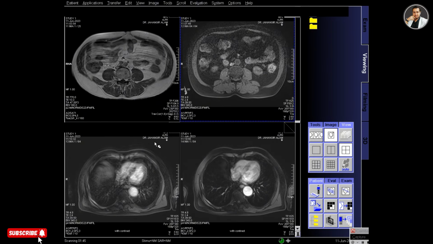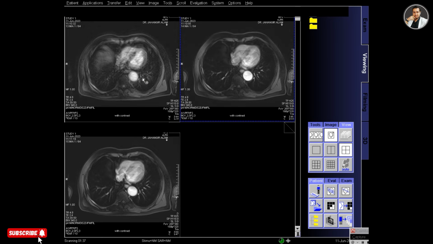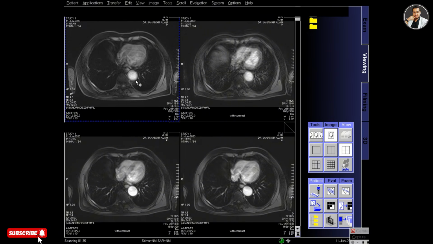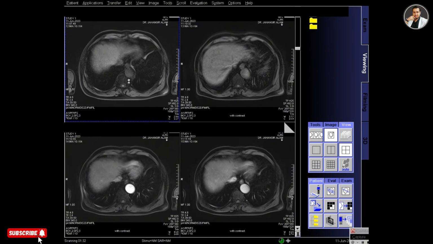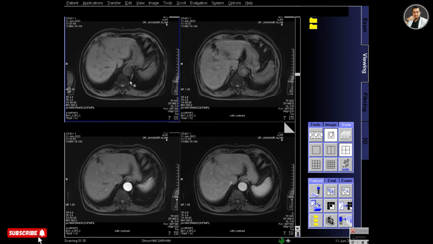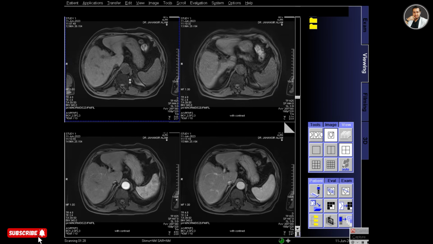And now let's see the post contrast upper abdomen T1 fat set images. So this is the non-contrast protocol T1 fat set.